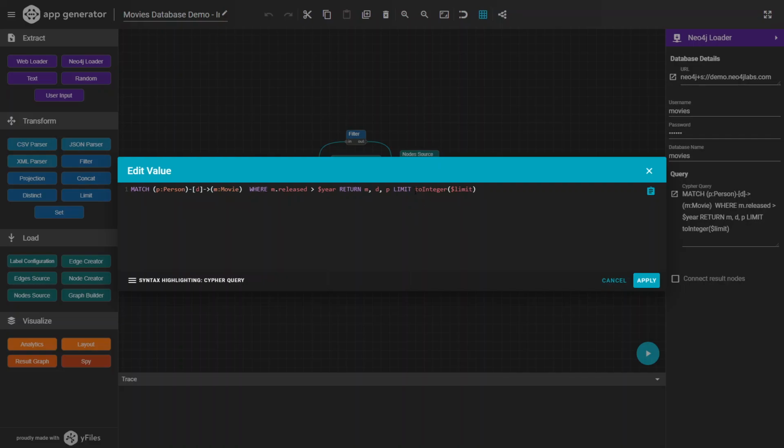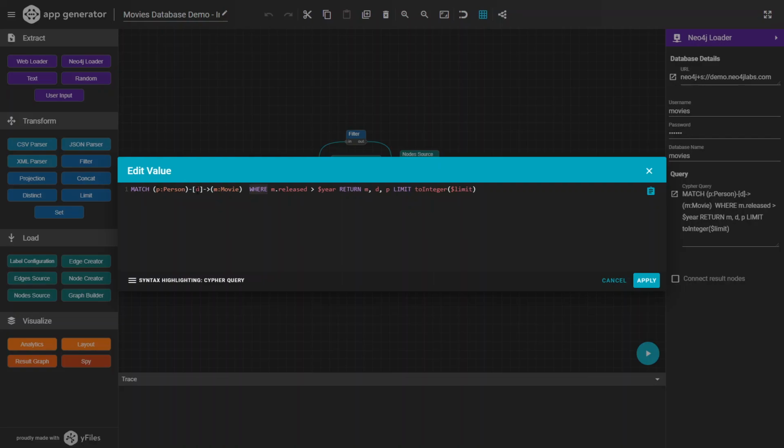For example, instead of hard coding a limit of 30, I think that's what I had before, I'm now using a parameter variable in here called limit,